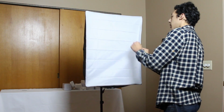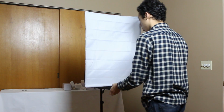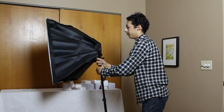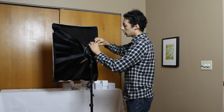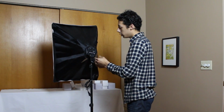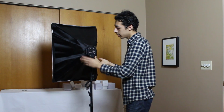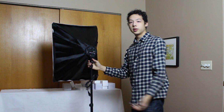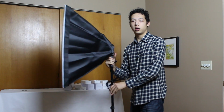So now you can just button it up with the Velcro, and then also in the back, then we can Velcro this part up. This, you don't have to Velcro them up completely, but you can. So that is the softbox,